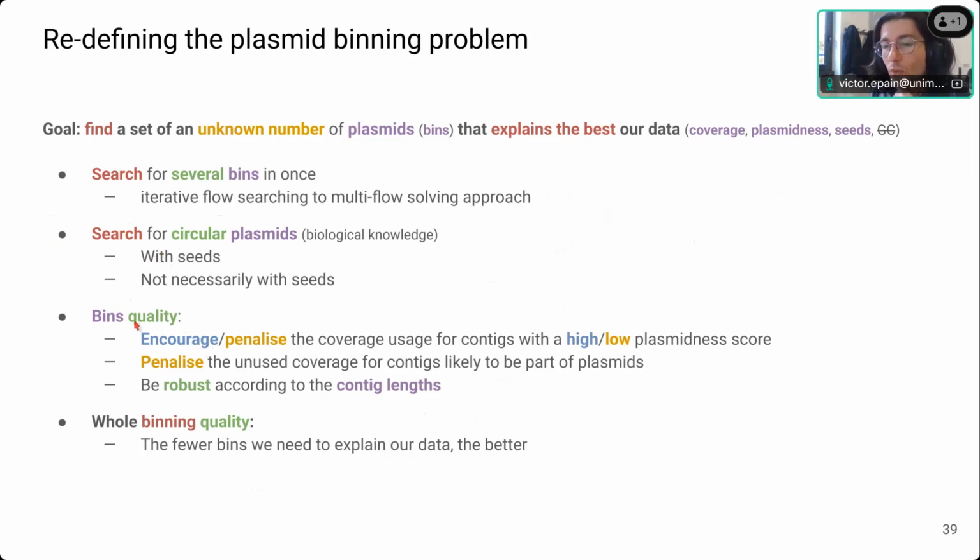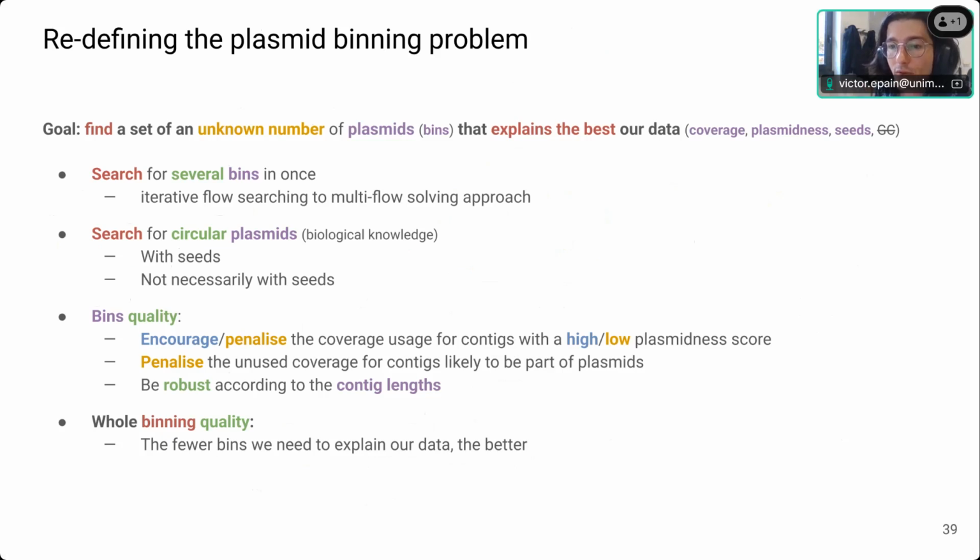Okay, what are the bin qualities we want to ensure? We want to encourage or penalize the coverage usage for contigs with either a high or a low plasmidness score. We want also to penalize the unused coverage for contigs likely to be part of plasmids. We want to trust the classification result. The classification results gave us the plasmidness score.